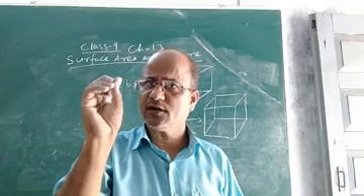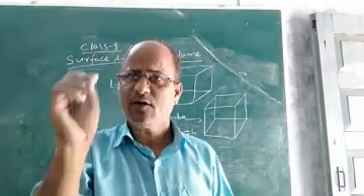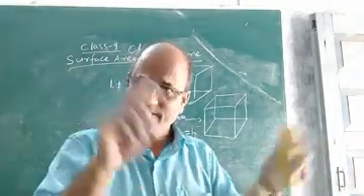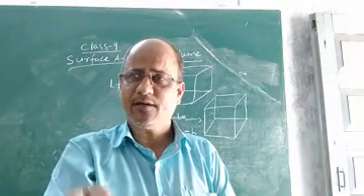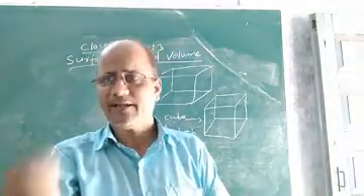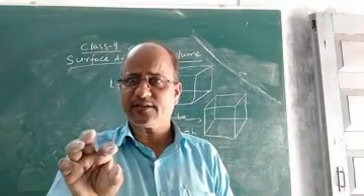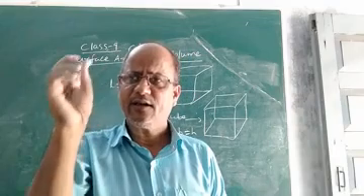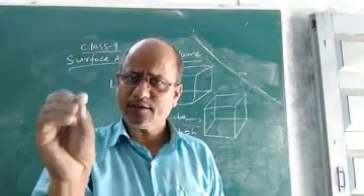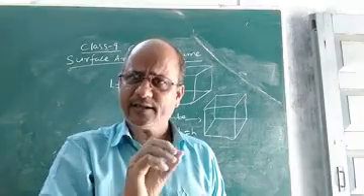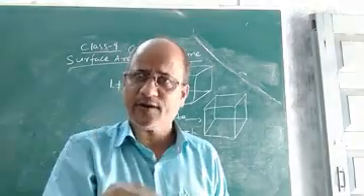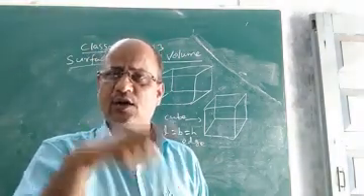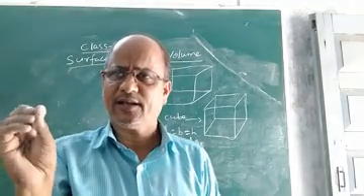Today I just gave you the idea of lateral surface area: what is surface, what are three-dimensional solids, what is dimension, what is cuboid, what is cube, what is the difference and similarity between them, and what is lateral surface area and total surface area of cuboid and cube. Just I gave you the concept. We shall discuss the formulae for total surface area, lateral surface area, volume, and the diagonal of cuboid and cube, in detail in the next class.